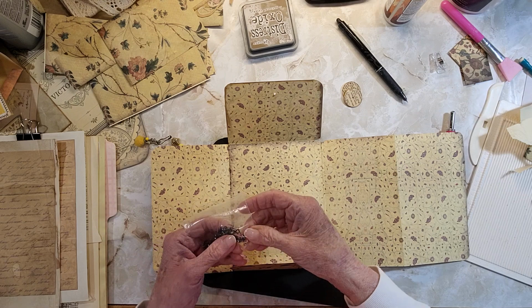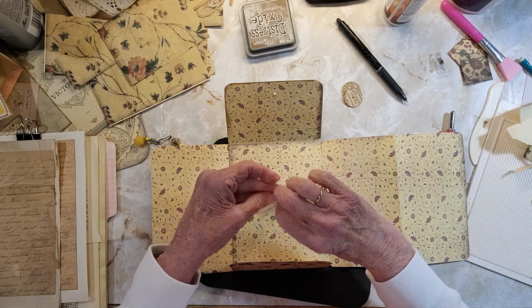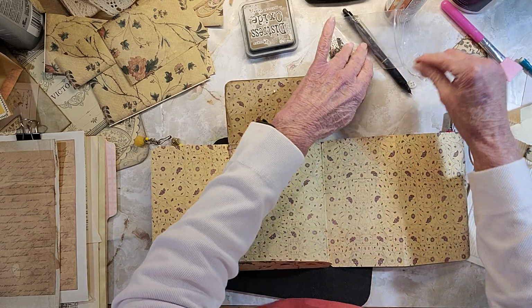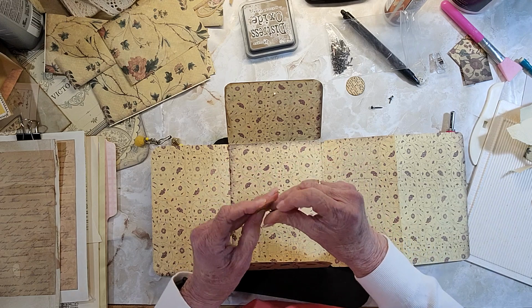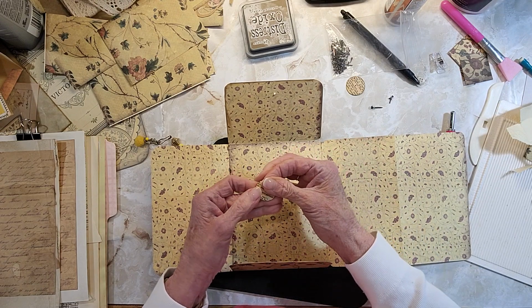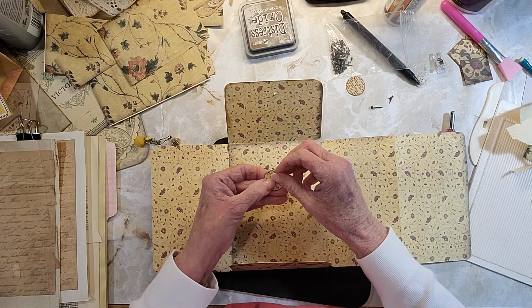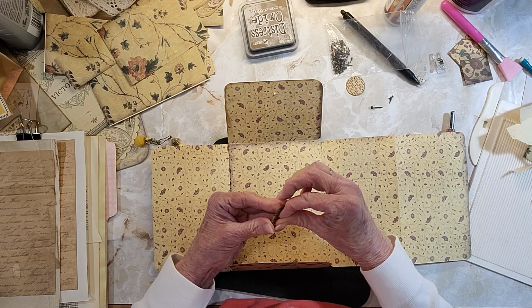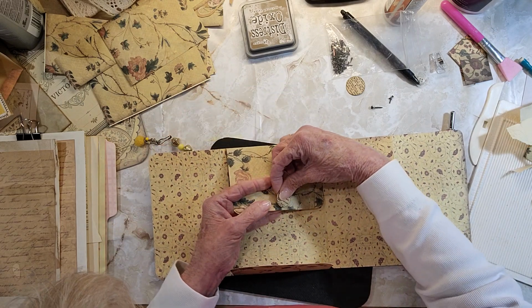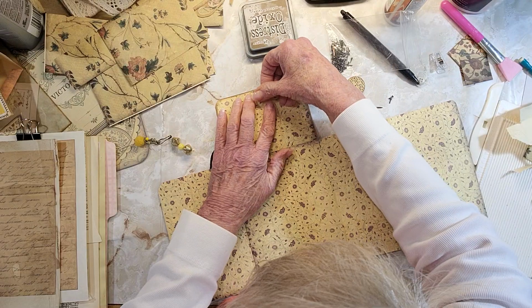I got these little tiny Tim Holtz brads, but I honestly don't know if I can hold on to it and get it in the hole. But I'd like to use them up just because they're worthless. I guess. That's the way I feel about it. Yeah, see, it's kind of hard. I don't think I can even do it. There we go. Yeah, they're supposed to look like little screws. Like you need a Phillips or a flathead screwdriver to open it, but